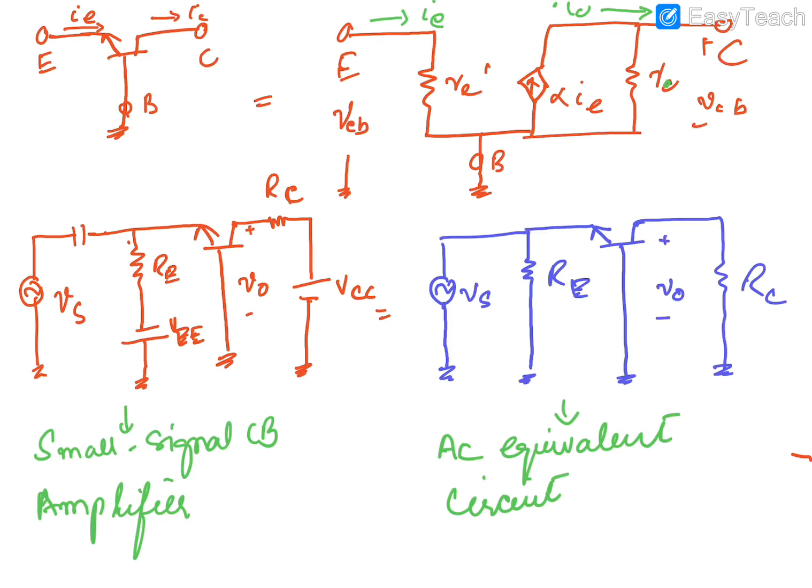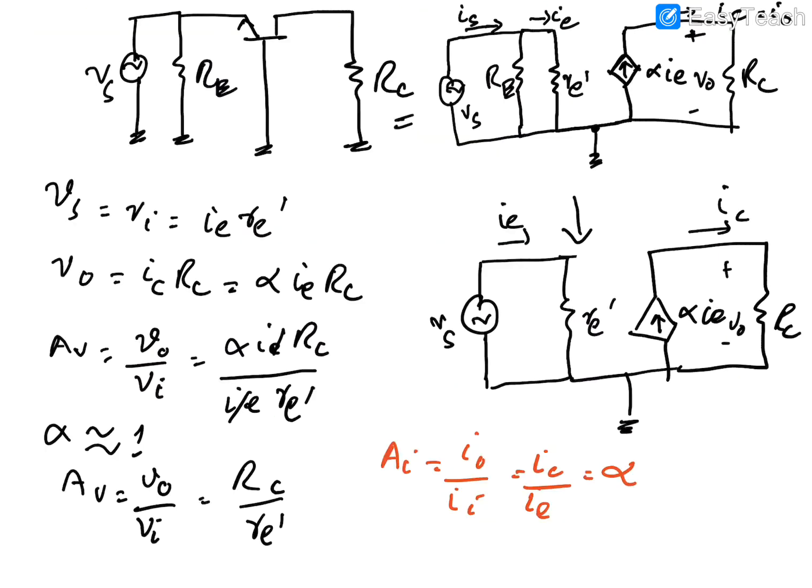So this is the AC equivalent circuit for Vs. If we are considering Vs, this is the output voltage. We have short circuited all the DC voltages. Further, for this equivalent circuit, an AC circuit based on the model is drawn. Here the transistor is replaced with its equivalent model, and you can see this is the emitter terminal, this is the base, and this is the collector terminal. This is the collector side.